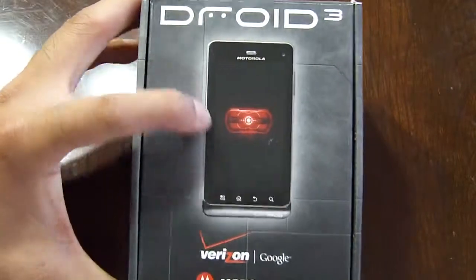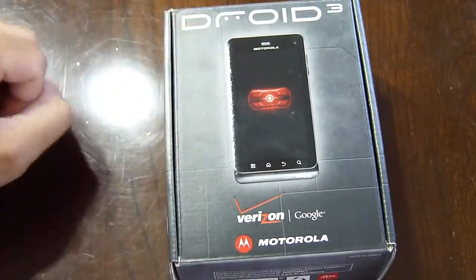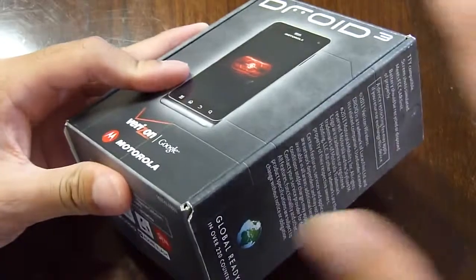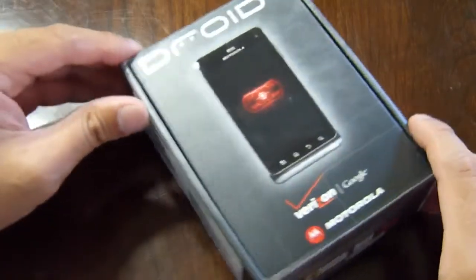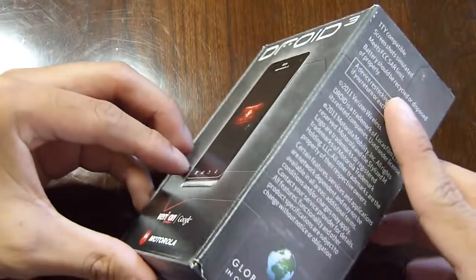We have an awesome phone here with us, the Motorola DROID 3, the third installment in the original Motorola DROID series. And as we all know, the original Motorola DROID brought a lot of things to the table with Android, and this being the third incarnation, it's not just a simple, quick upgrade versus the Motorola DROID 2. It packs some substantial hardware specs and upgrades in various aspects to make a really nice handset versus what's out